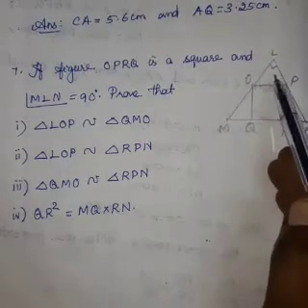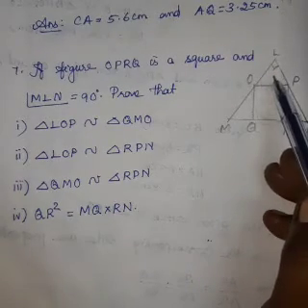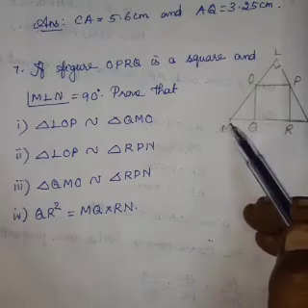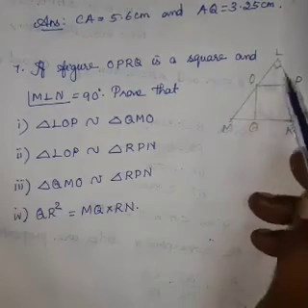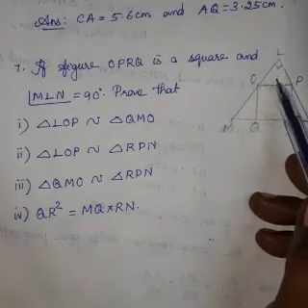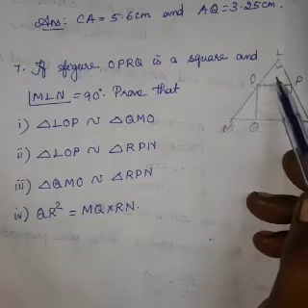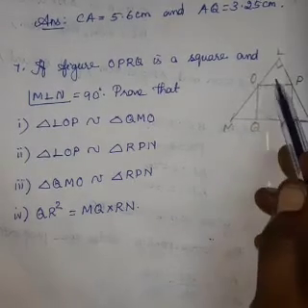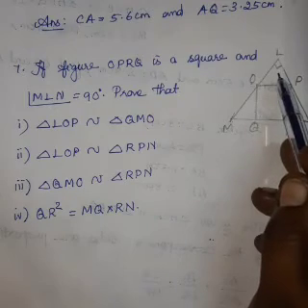So in this triangle MLN, this angle is 90 degrees, which means what about OLP? First of all, we took the angle from the big triangle. Now we are taking it from the small triangle. OLP is also 90 degrees, which we will use in the sum. Please remember, whenever we extend the rays, we get the same angle. So this angle is also equal to 90 degrees.